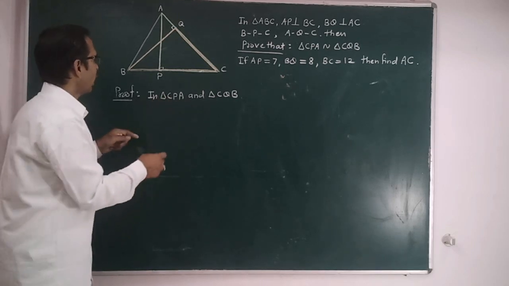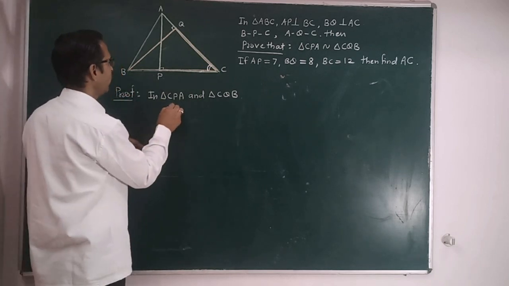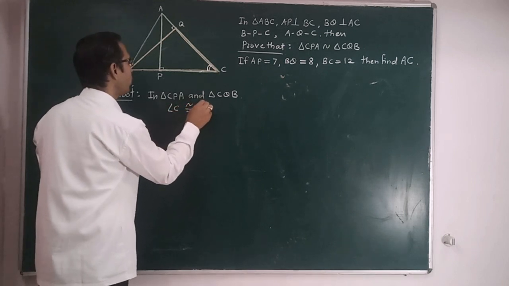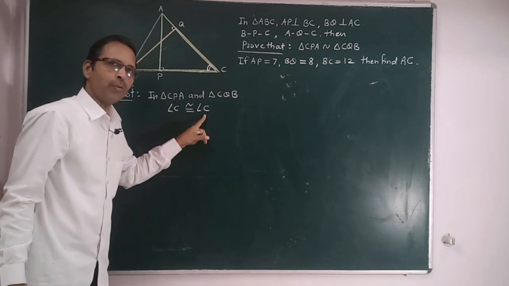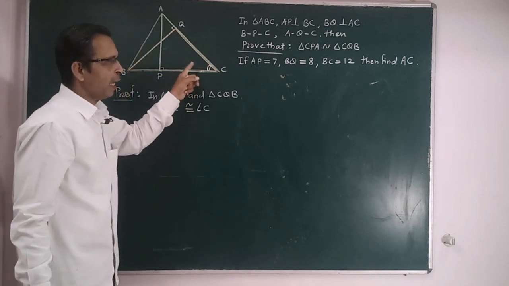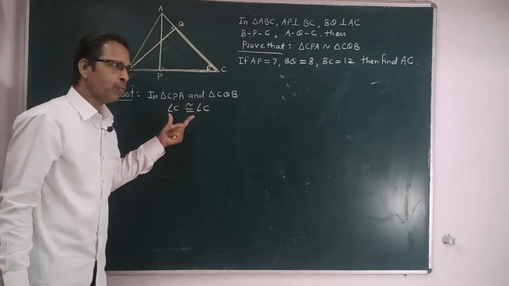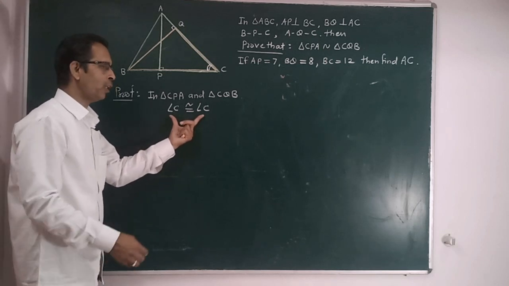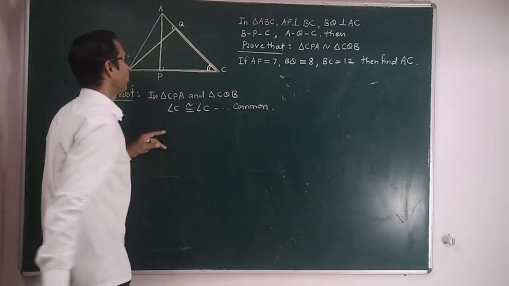Now in these two triangles, what happens? This angle C is common to both triangles and that's why it is congruent. That's why we write here angle C is congruent with angle C. We write only one letter for the angle because it is a single angle. If it is an adjacent angle, then we can write the name of that angle with three letters. It is very simple to write, because it is a common angle.